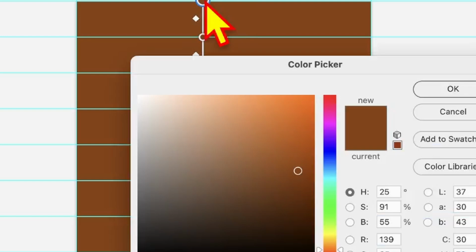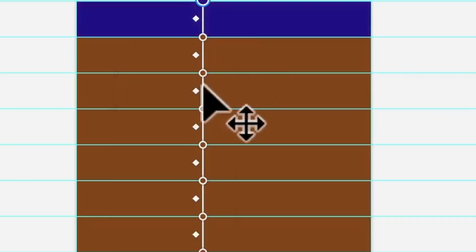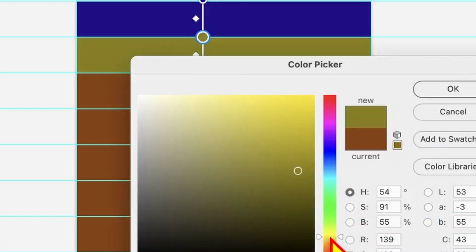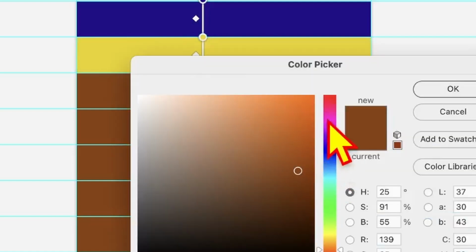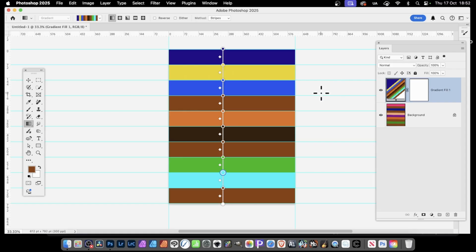Once you've done that, go to each of them and then double click. Brings up the colour picker, select a colour, click OK, go to this one, double click and select a colour, click OK, go to this one, repeat all the way down, and then once you're finished, go up to layer